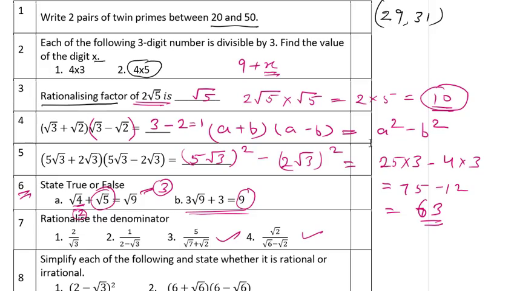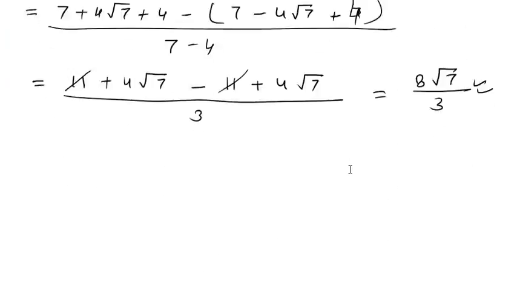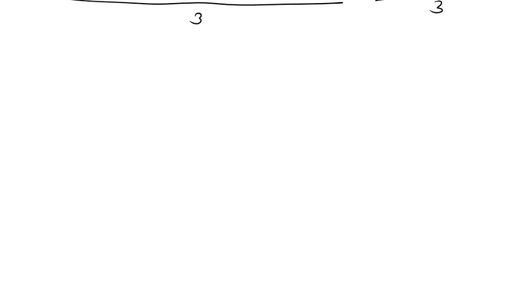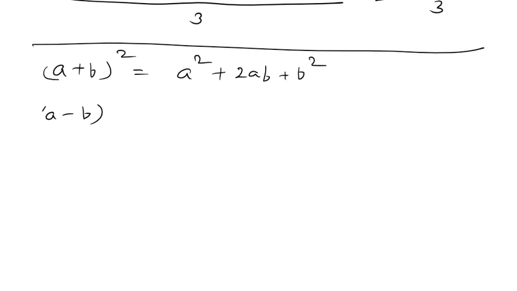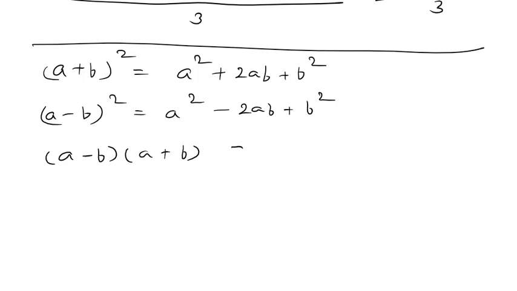Then you have a few more formulas, maybe you have done them in your previous class, I don't know. One is (a plus b) the whole square, the formula is a square plus 2ab plus b square. Then we have (a minus b) the whole square, this is a square minus 2ab plus b square. And third we have (a minus b) into (a plus b), this is a square minus b square. You have to learn all these